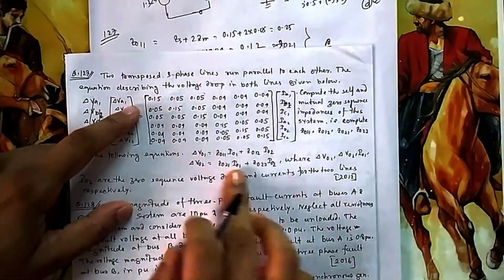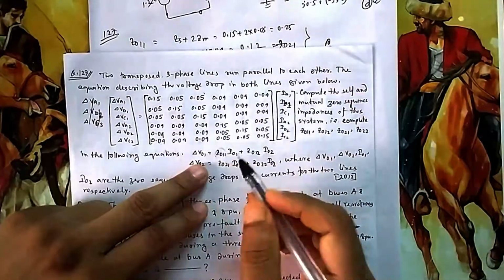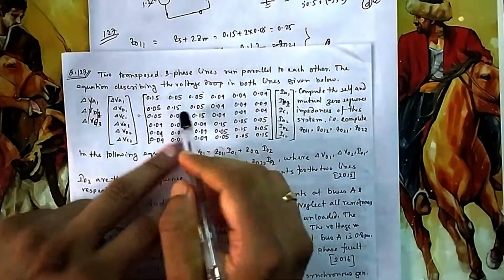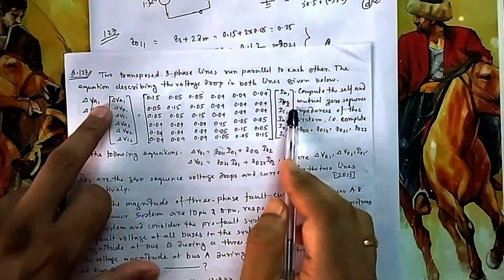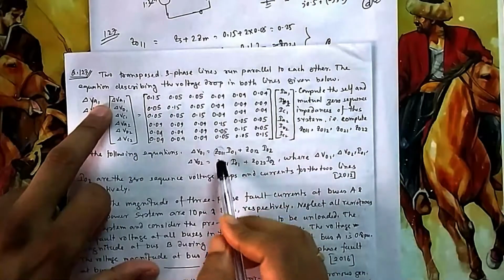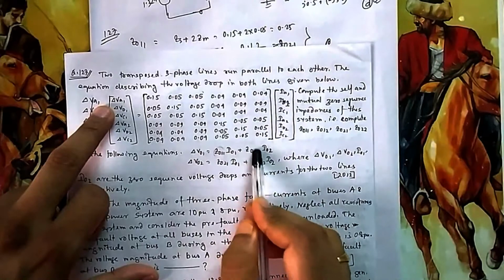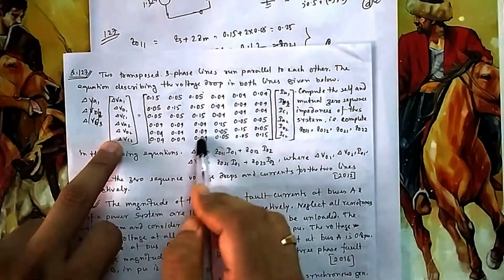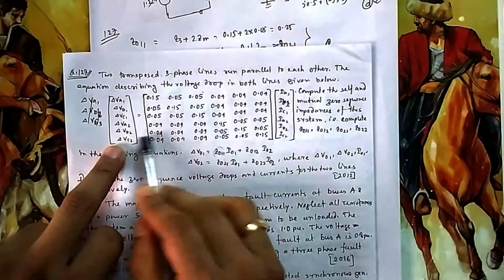This into this. So this relation, this one is actually your Z011. They have already given you. That's what I explained, this is Z011. Because B1, I1, this is the matrix that is relating. B1, I2, this is the matrix that is relating, that is Z012. B2, I1, this is the matrix which relates 2 and 1. This is the matrix which relates 2 and 2.